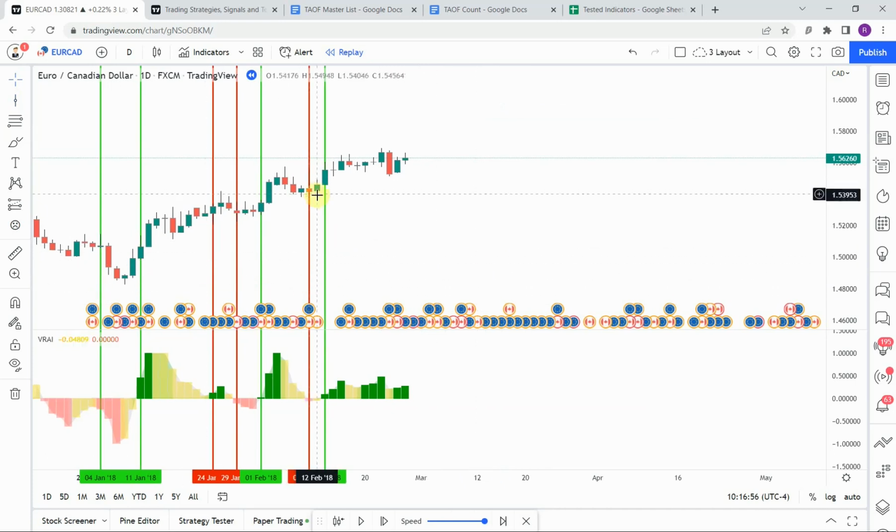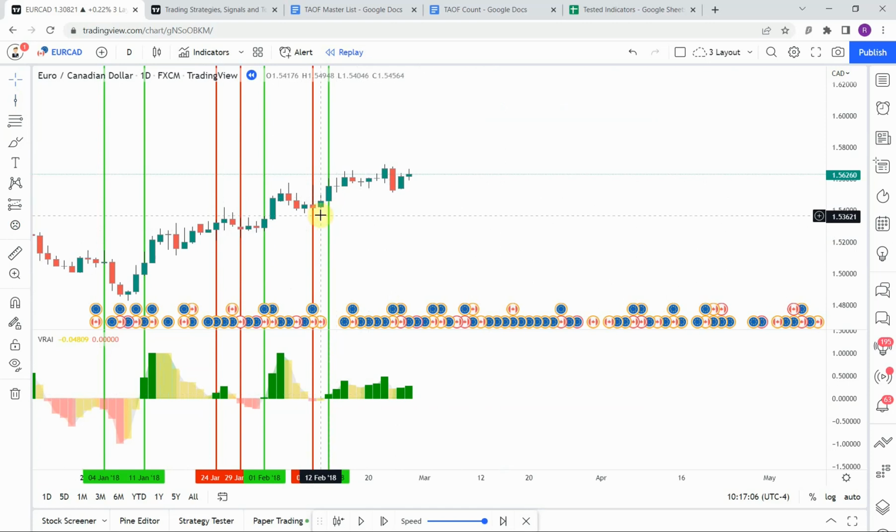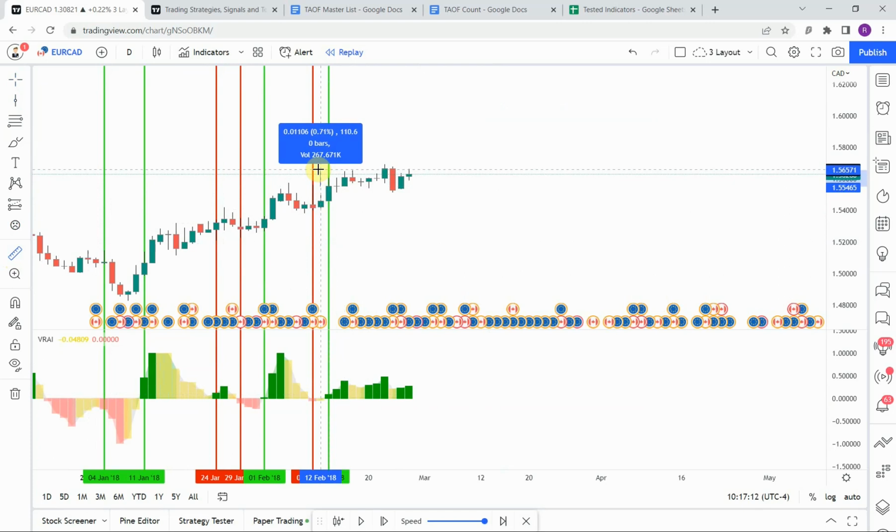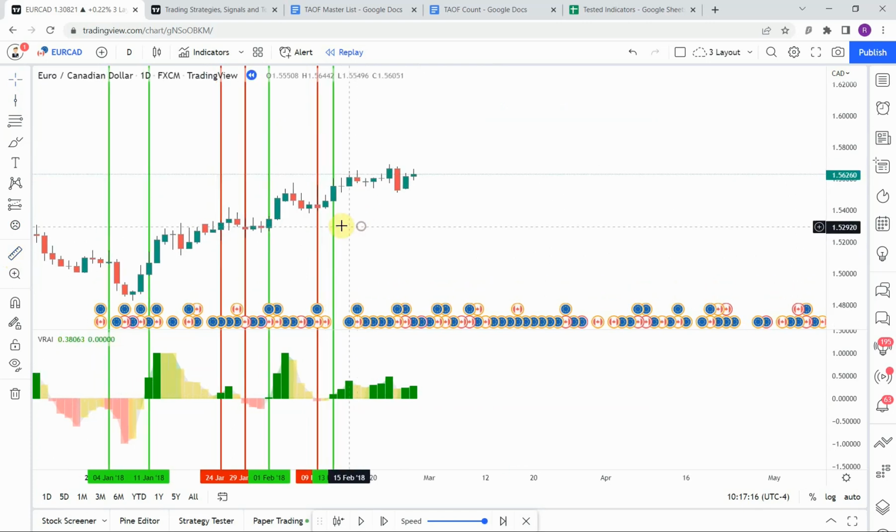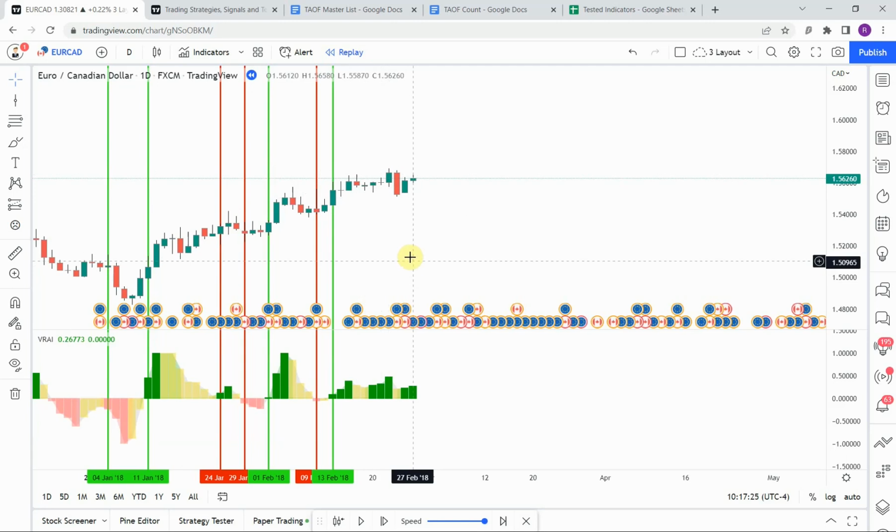All right, we then pick up a short right here on this one, and immediately we start to push back to the upside, and then we flip to a long right here on this one, stopping us out on that short. We then get a relatively nice push to the upside right here on this long. Looks like we come up, we get close to our take profit there. We then get a slight pullback and then another push right here, which that one does hit our take profit